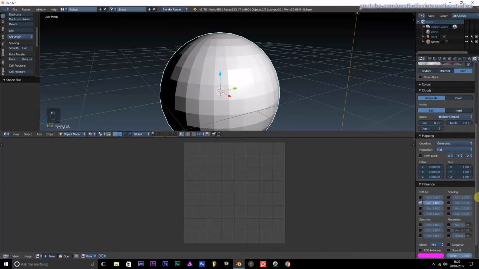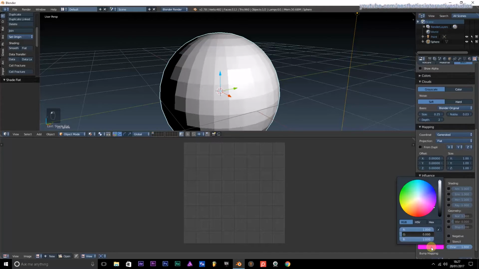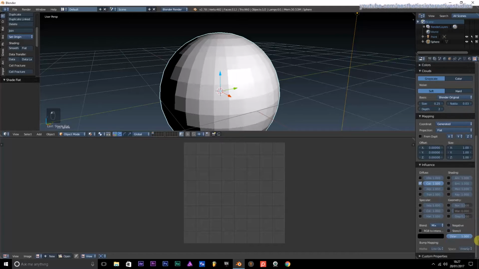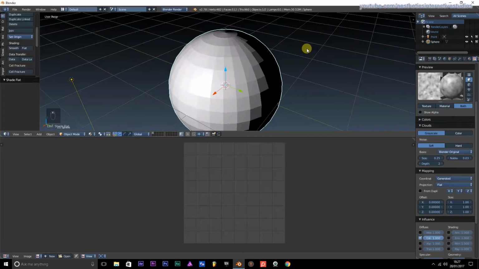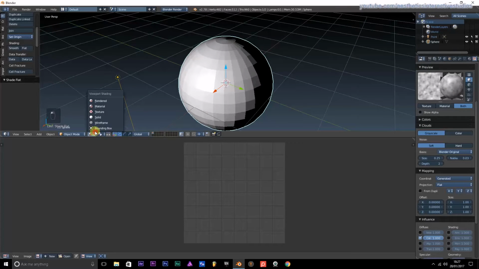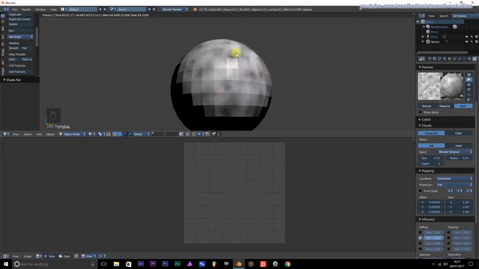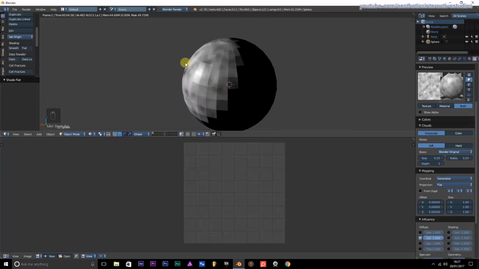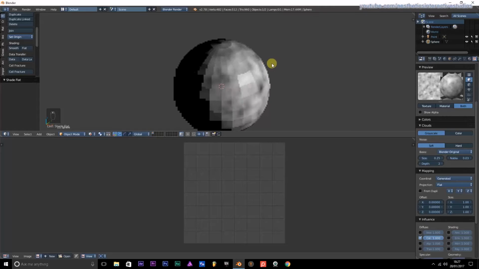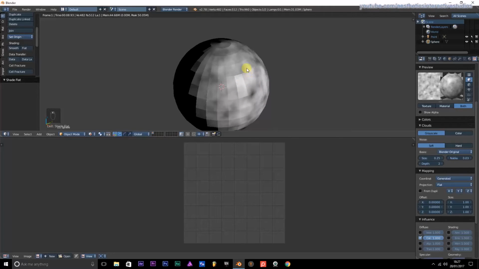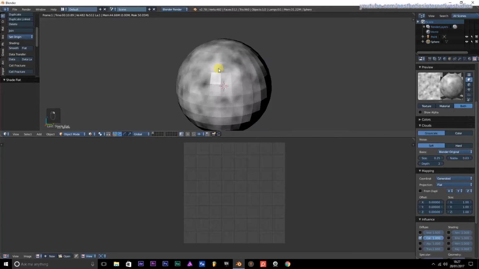We're not going to have that color though. No, we're going to turn that color down to black. At the moment it's on generated, and as you can see, regenerated, it looks like that. It looks nicely around the whole thing. The only problem with that, however, is if I did move this object,